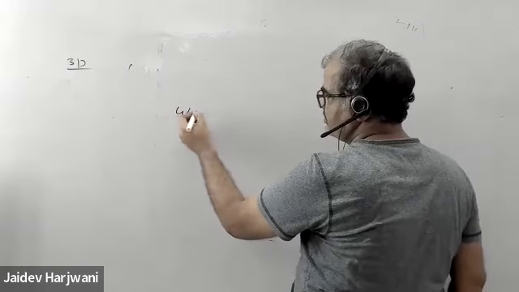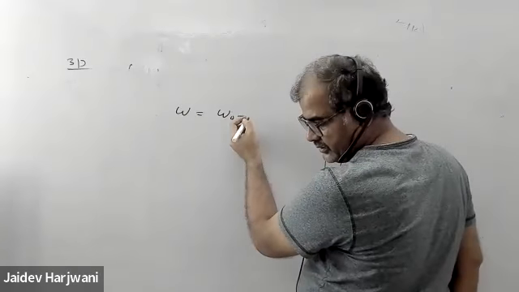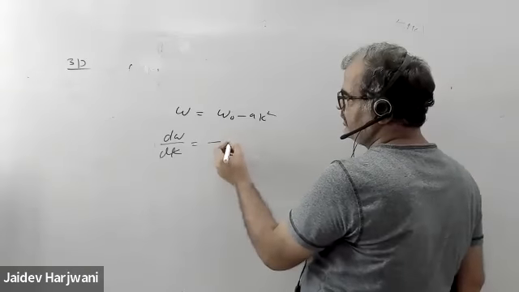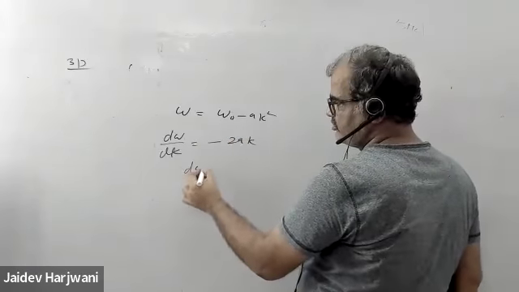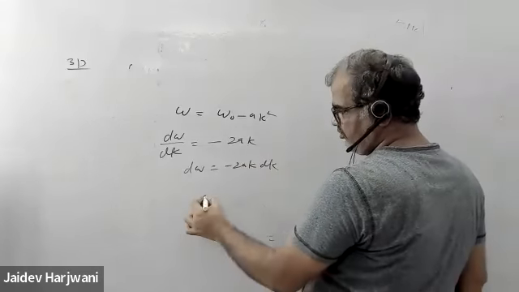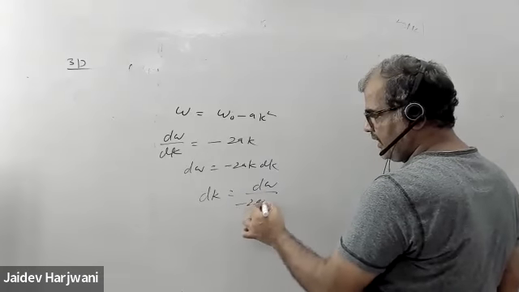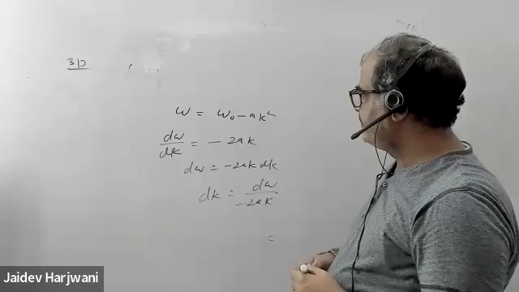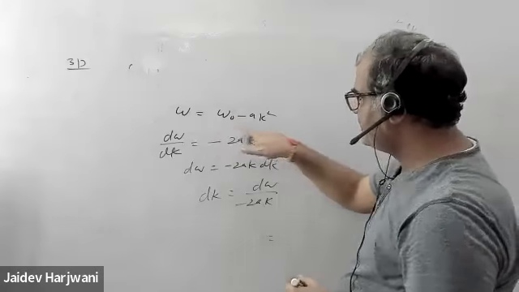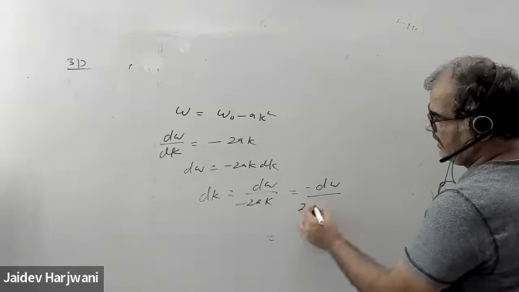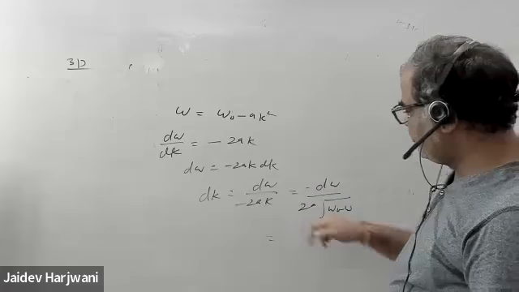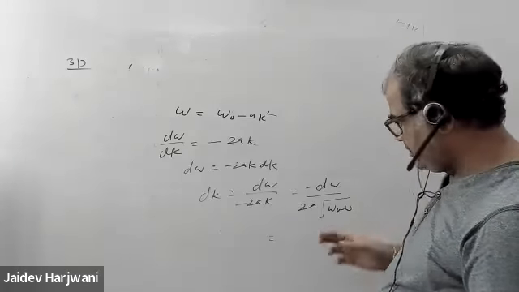हाँ बोलिए अब। डी ओमेगा वाला पार्ट कैसे क्या था वो एक बार बताएंगे प्लीज? अच्छा भाई, ओमेगा और के में रिलेशन दे रखा है ना, ओमेगा नॉट माइनस क्या दे रखा है बताओ? ए के स्क्वायर। माइनस ए के स्क्वायर। हाँ तो डी ओमेगा बाय डी के करो तो क्या आएगा, ये तो कांस्टेंट है तो माइनस 2a के आएगा, सो डी ओमेगा इक्वल्स टू माइनस 2a के डी के, ओके, नाउ इफ यू वांट डी के दैट विल बी इक्वल टू डी ओमेगा अपॉन माइनस 2a के, क्लियर? के किससे रिप्लेस किया बाद में तुमने? ये जो डिनोमिनेटर में डीके का के आ जाता है, ये के यहाँ से रिप्लेस कर देंगे वापस, ओमेगा नॉट माइनस ओमेगा का रूट, सब्स्टिट्यूट किया है ना रूट से। हाँ तो फाइनली आंसर हमको सारे ओमेगा में लाने हैं ना, ओके ठीक है